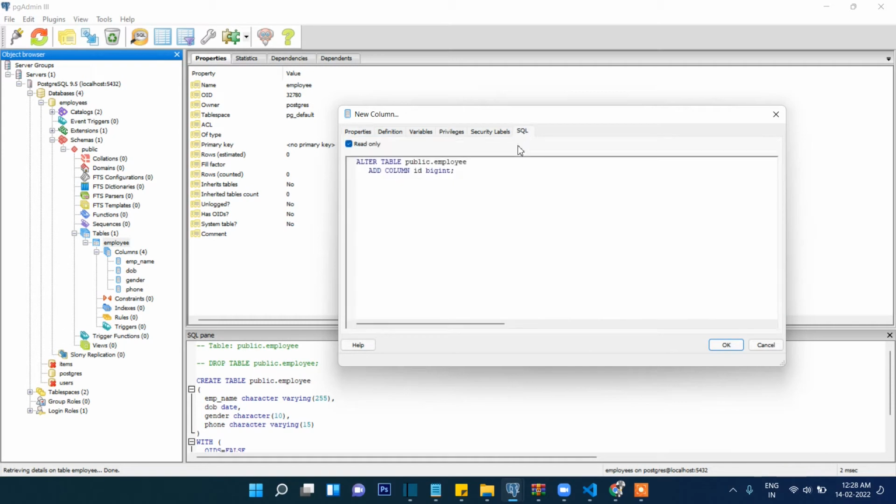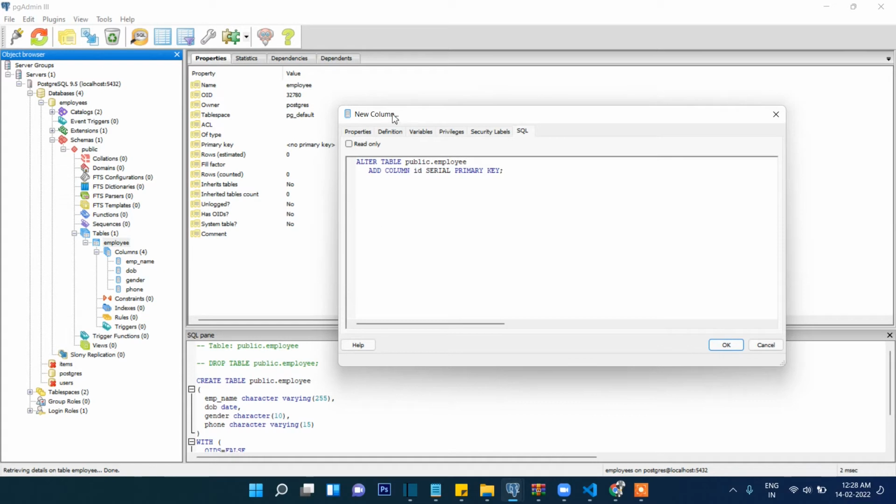Now here alter table, so we just need to write an additional thing, add column id from here. Okay, so